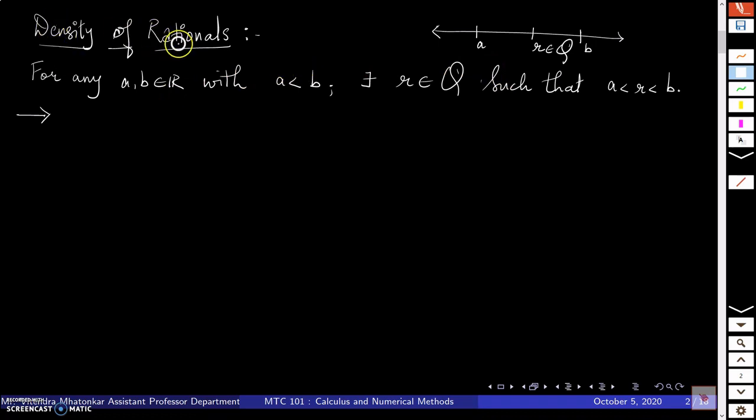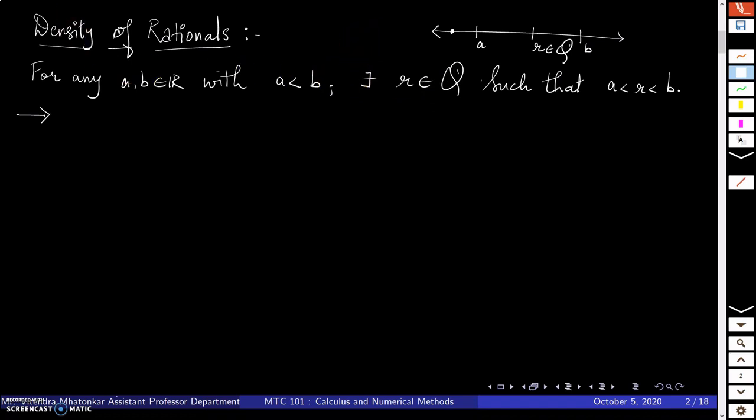So we say that rationals are dense in R, that is the set of real numbers. Why is that? Because no matter where you keep your finger, supposing I keep my cursor here, around this point I can find infinitely many rationals. So no matter where you keep your finger on the real line, everywhere you will find rationals. The real line is full of rationals as well as irrationals, and that's what we are going to prove now. Now we are given that a is strictly less than b.